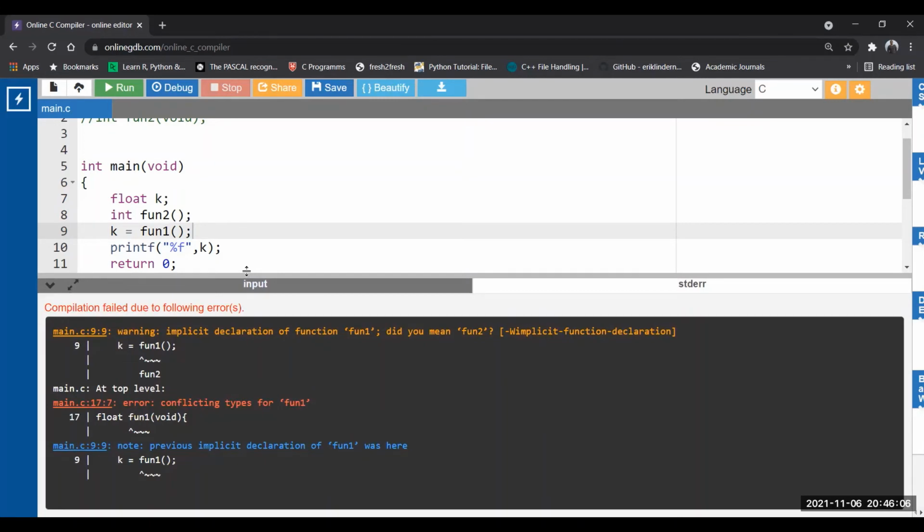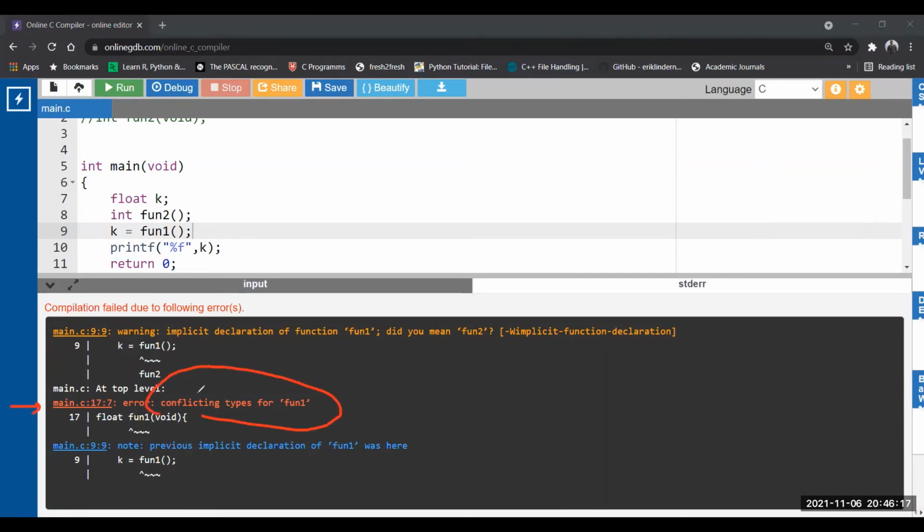Read the error carefully and note it down. Very, very interesting fact. See this line error. Conflicting types of fun1. What is the meaning of the word conflicting? Conflicting means confusion. You have two things. You need to pick one, but you're confused which one you should pick. We call it a conflict of interest. One person doing two jobs, a conflict of interest, cannot be done at the same time, correct? So conflicting types. Why conflicting? There is a fun1 only of float type.